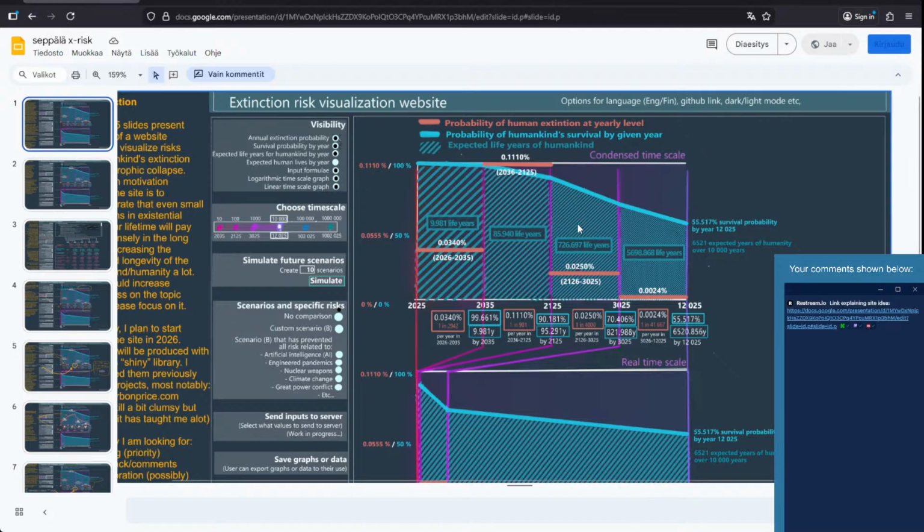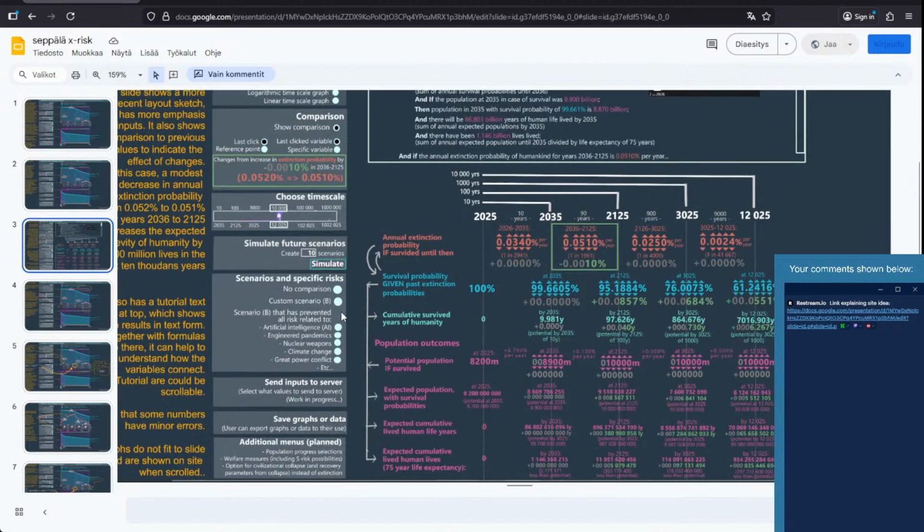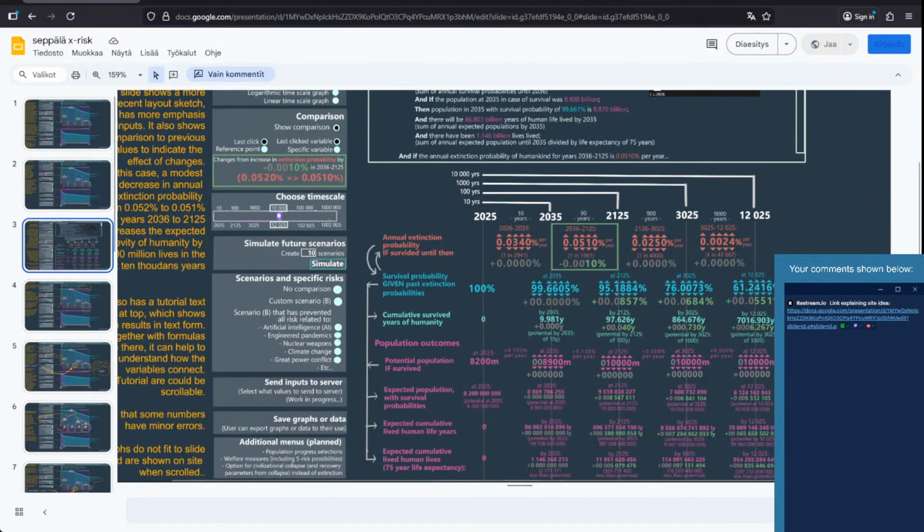Like I had here, in this one I had this main focus on these life years of humankind. So it's kind of like, let's see, did I have anything,